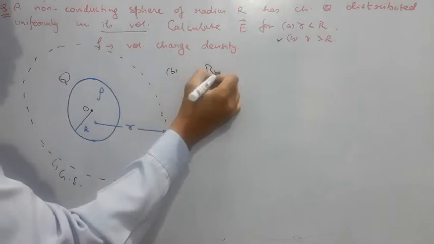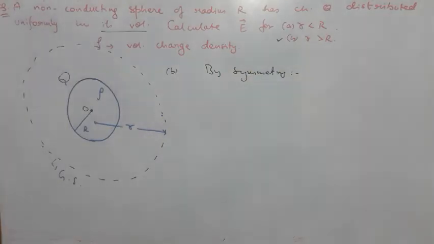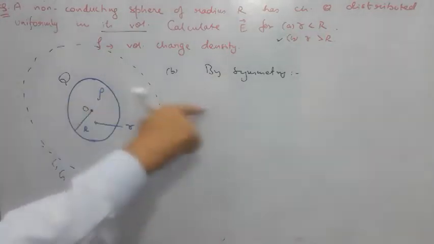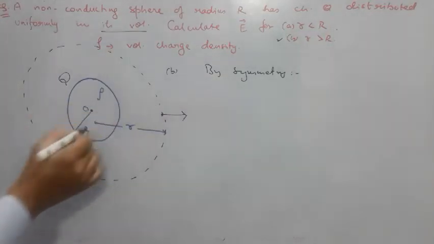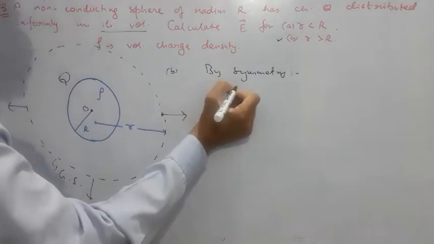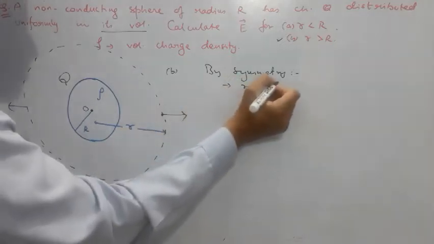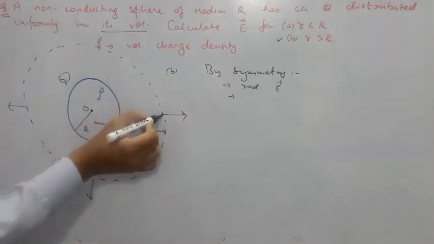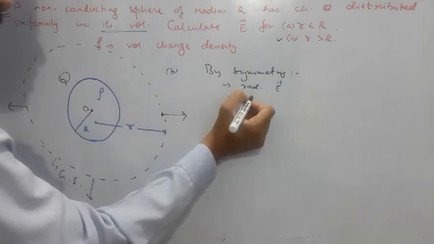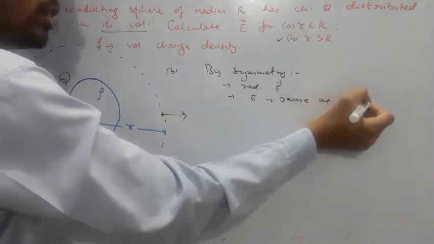First of all, we have to write about symmetry as we have done in the last class for spherical shells. Because of symmetry, the electric field at any point will be directed along the radius vector. We can say it will be directed radially outward. Here the electric field will be like this, here the electric field will be like this. First you have to write about the radial direction of the electric field. Second, because of symmetry, all these points lie symmetrically at equal distance from the sphere. That's why the electric field must have the same magnitude at all points on the Gaussian surface.